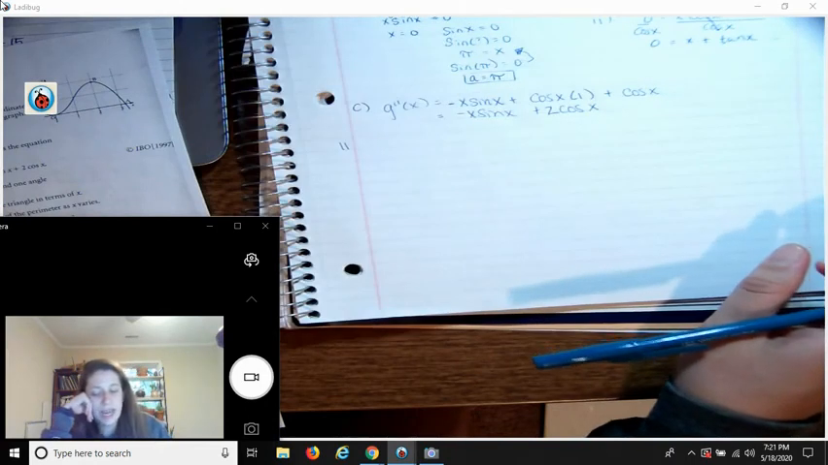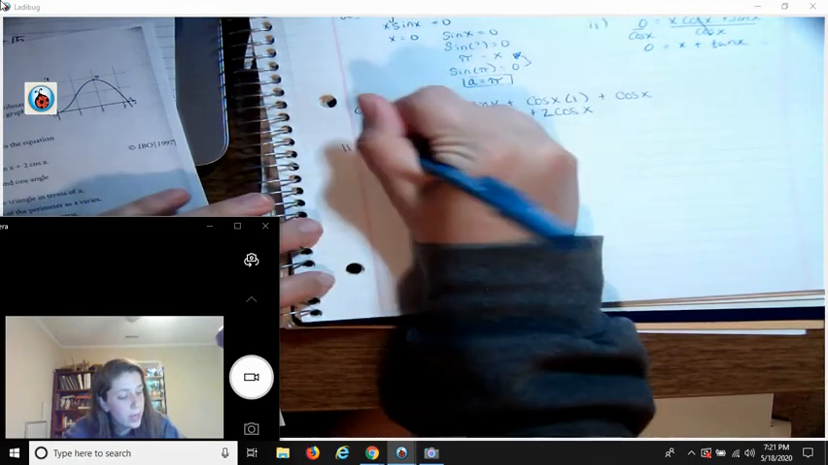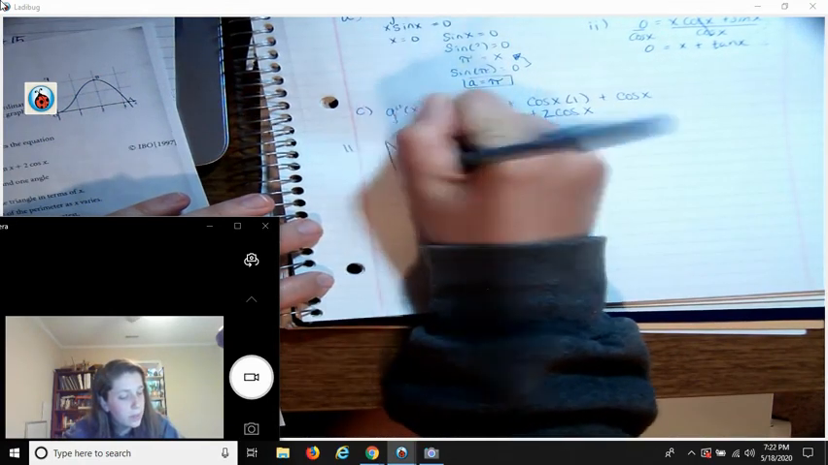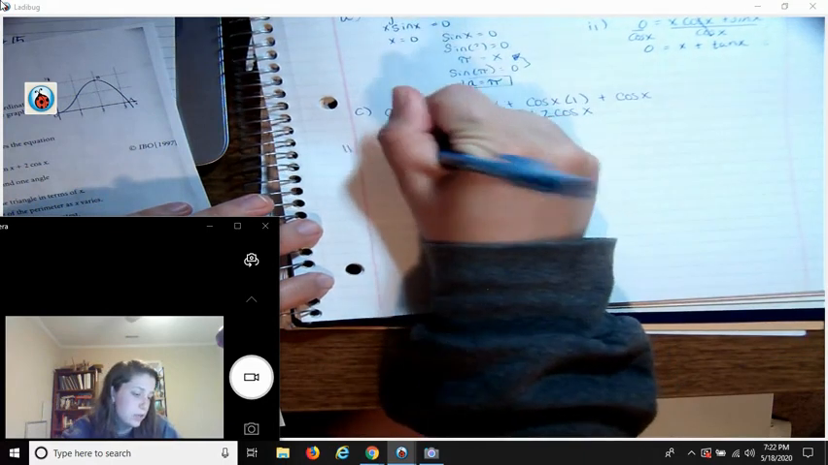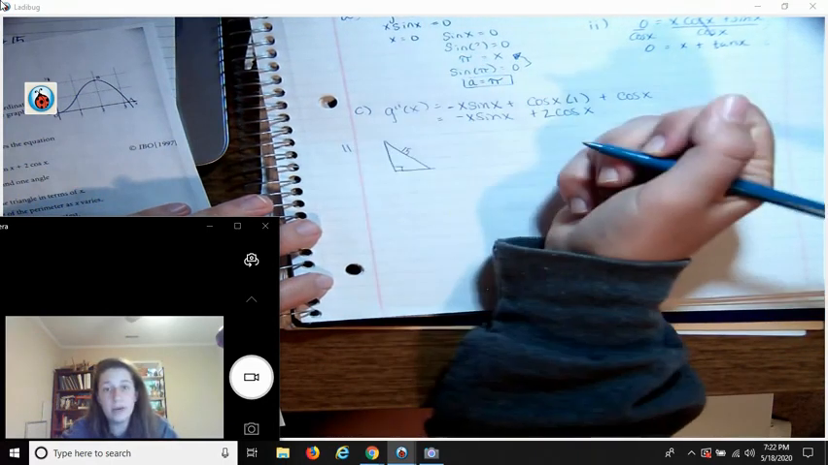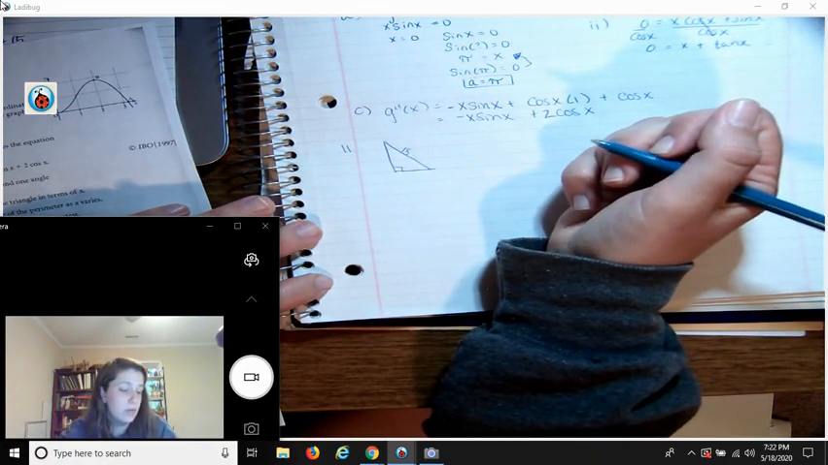So number 11 says a right-angled triangle has a hypotenuse. So I'm going to draw a right-angled triangle. A right triangle has a hypotenuse of 15 centimeters. So the hypotenuse is always going to be across from the right angle because 90 degrees is going to be the biggest angle because the rest of the